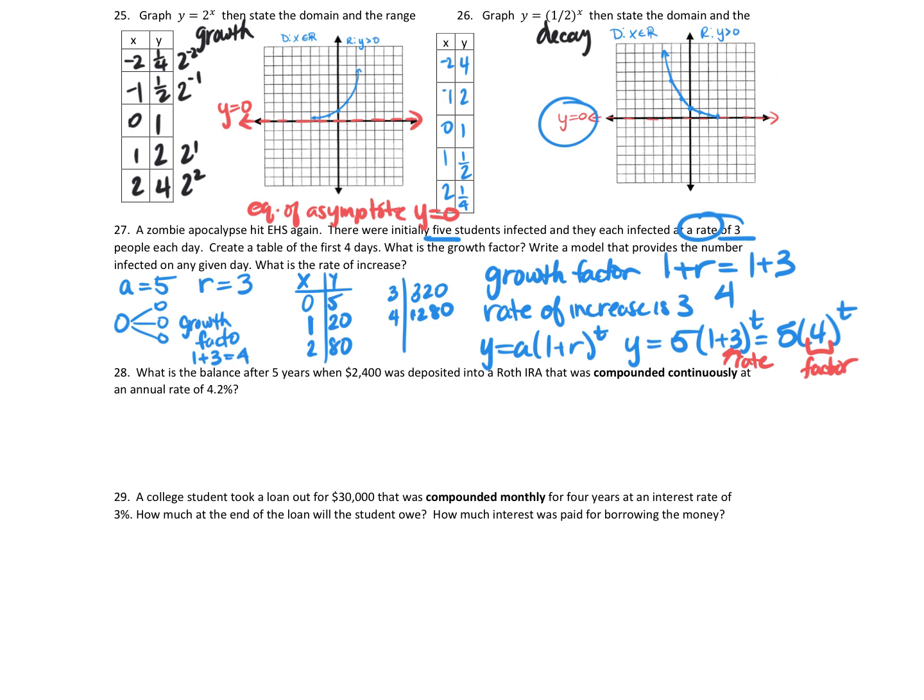What is the balance after 5 years? So t is 5. When 2,400 is deposited, that's the principal, 2,400, into an Roth IRA that's compounded continuously at a rate of 0.042. Compounded continuous formula is A equals P e to the rt. So that's 2,400 e to the 0.042 times 5. Now, in my calculator, I'm going to plug it